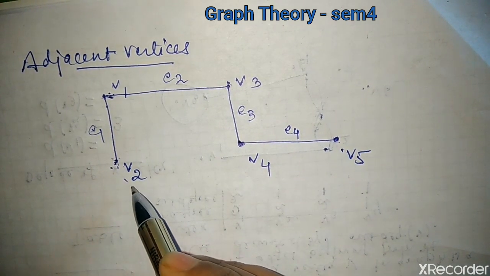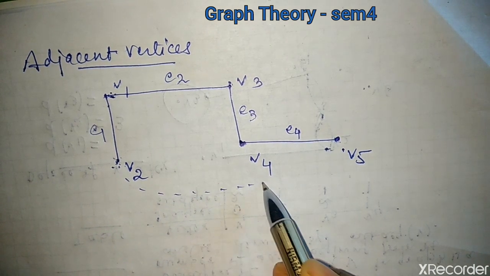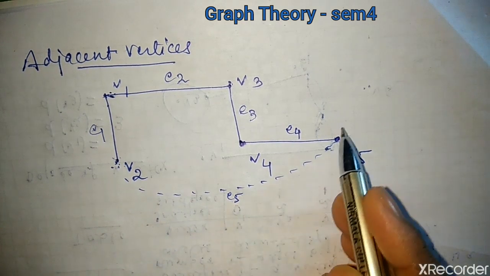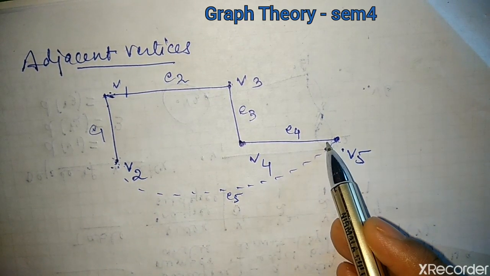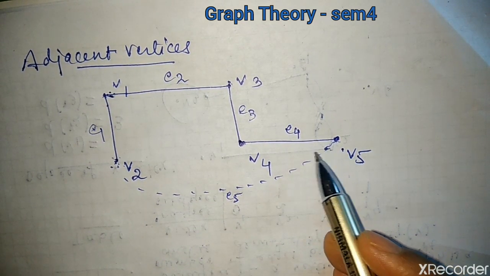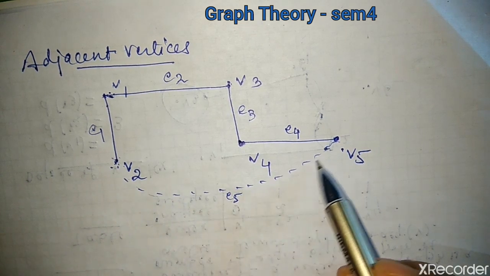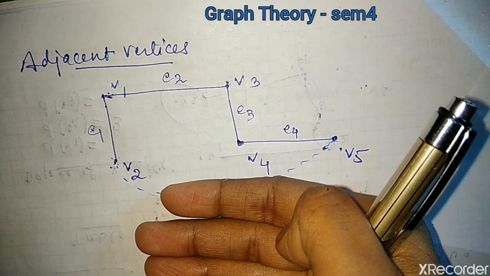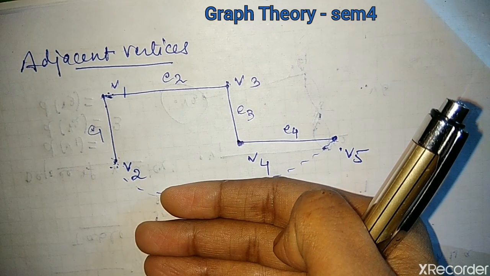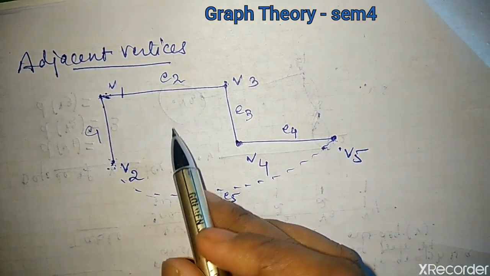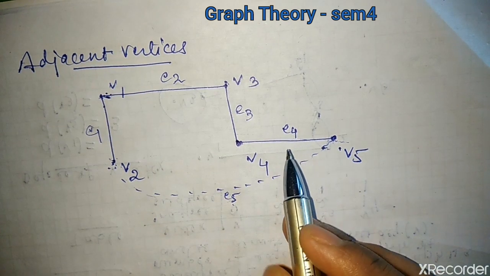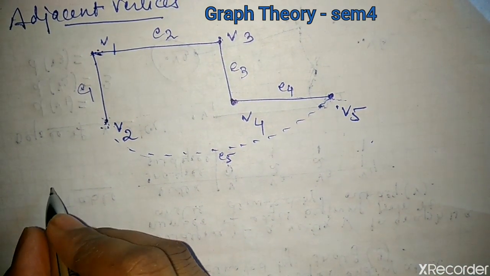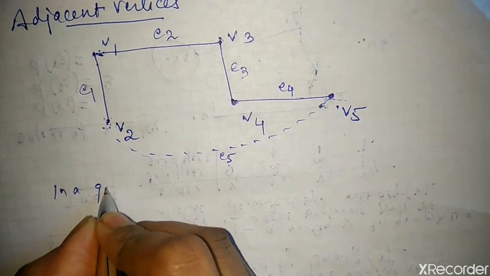If we draw a figure like this and say this is E5, then we can say that V2 and V5 are adjacent because we have connected V2 to V5 by an edge E5. But here in this figure, if we do not have this edge, then we say that V2 and V5 are not adjacent. Okay, so what we write in the definition here is, in a graph,